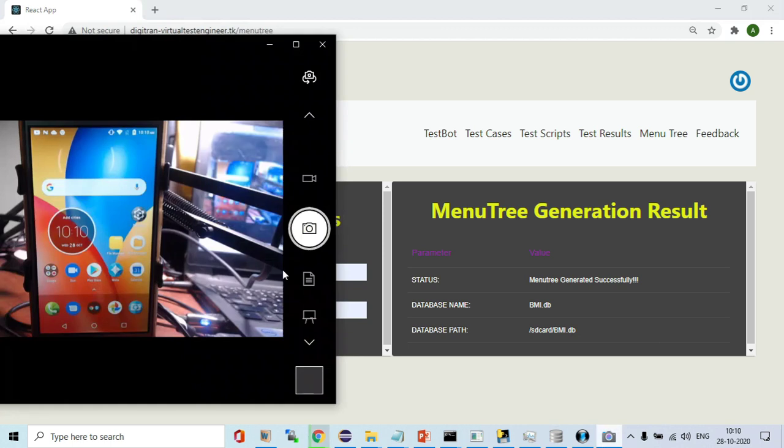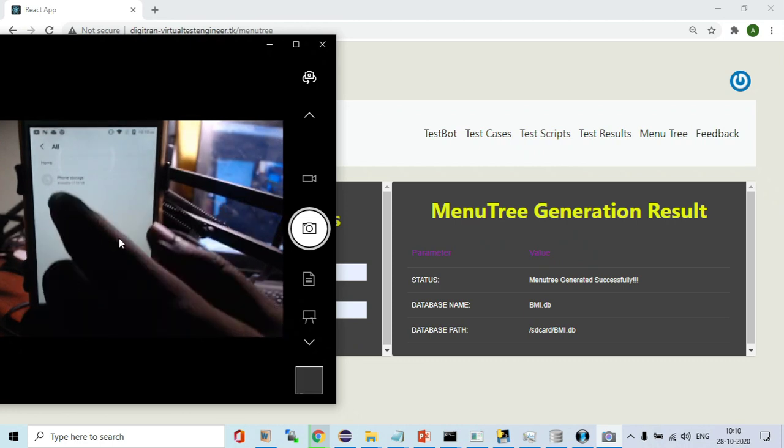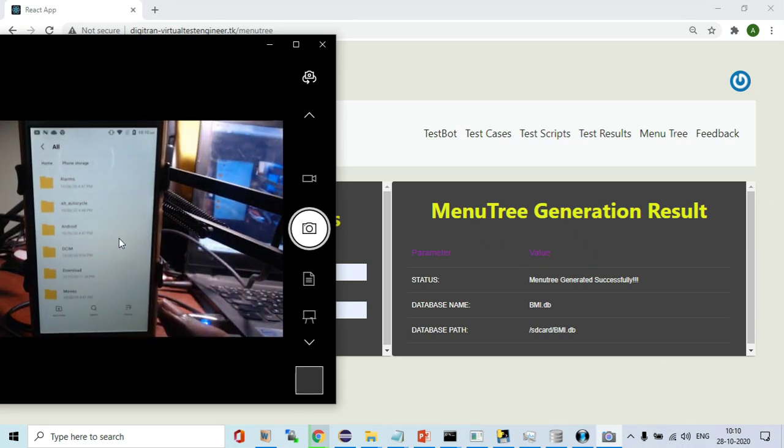Suppose you want to see the menu tree database, you can go to the file manager, then phone storage, and then you can go down. You can see here the menu tree DB is generated here. You can see the timestamp also, the trace timestamp. So the menu tree is generated here. So that's it. We are done already.